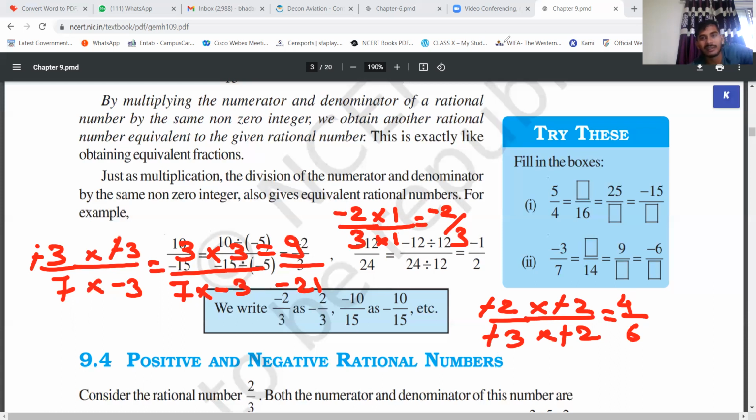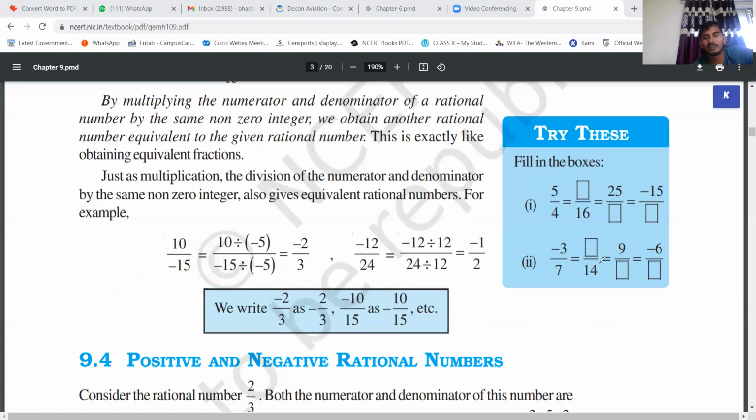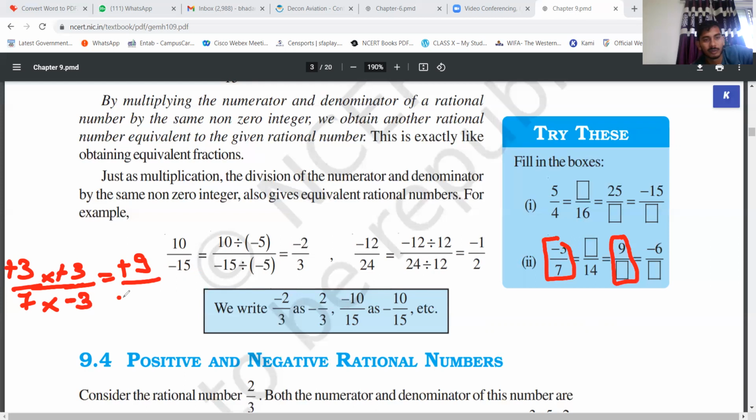Now in this case, if you see this block and this block, we can imagine, see, minus 3 upon 7 and here it is 9. So it is positive 9. So I need to multiply by 3. But negative or positive? I need to multiply by negative. So minus will be cut and it will be 3. Same thing, same number: minus 3 multiplied here, it will get minus 21. I hope it is clear to everyone now.